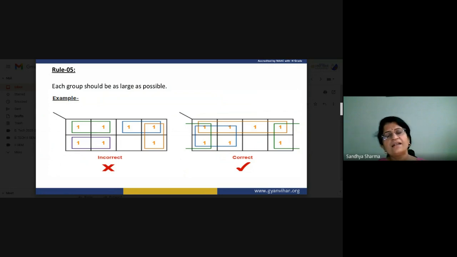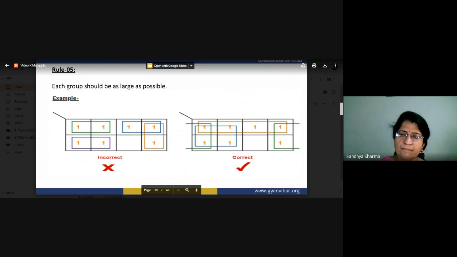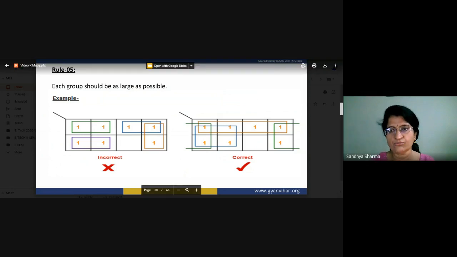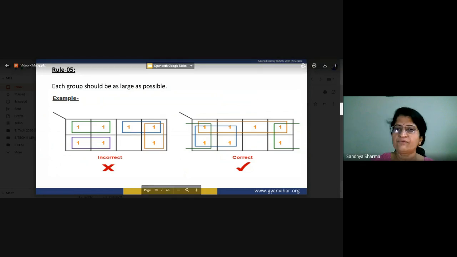So this one is free, and we can also see this is in a corner, 1 and 1. In further slides we will also see how to consider the corners. These two corners, two from here and two from here, make a group of 4, a quad. So here one quad, two quads, and this is half and half. So here we will make 3 quads.